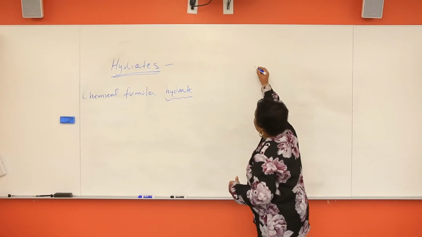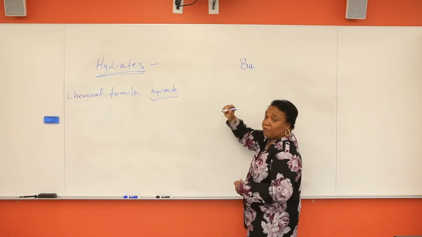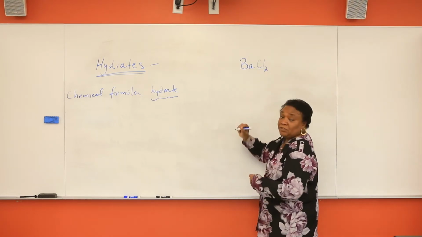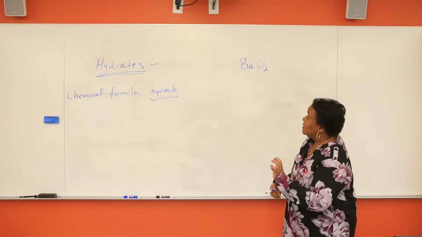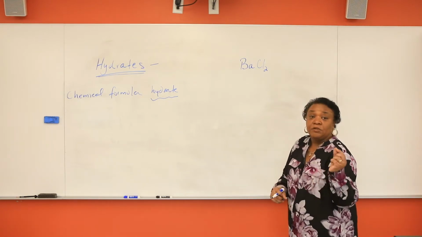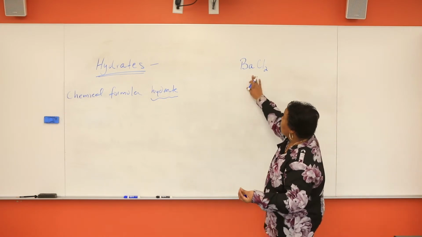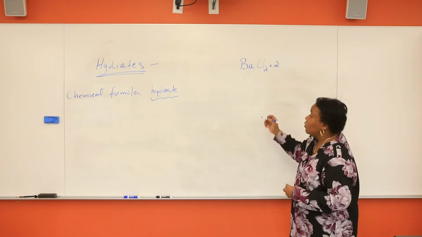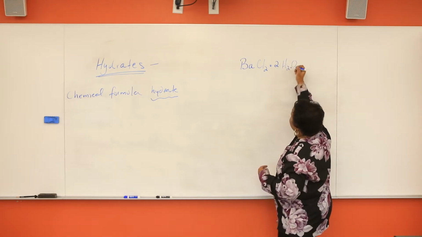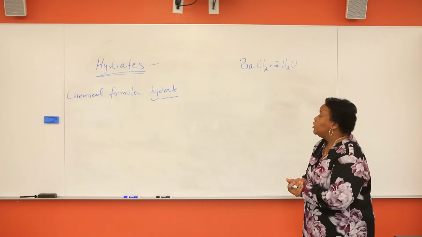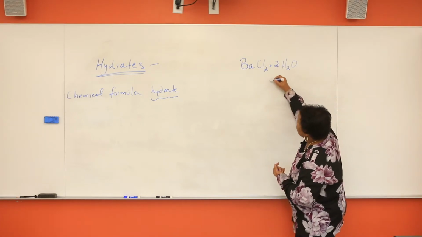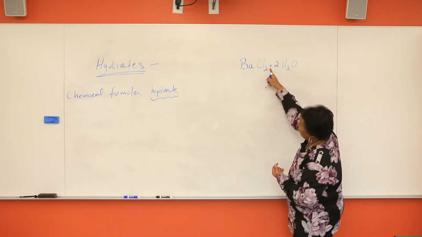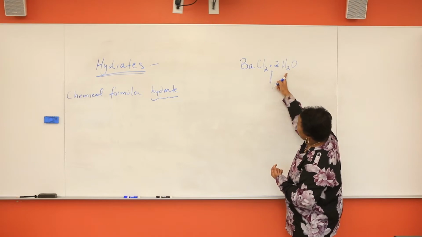So for example, if you purchase barium chloride, it actually comes as a hydrate. And inside this ionic compound, for every 1 mole of barium chloride, believe it or not, there are 2 moles of H2O. Now, when we go to write the chemical formula for these hydrates, please recognize that we use that dot to emphasize that it's the bound water molecules